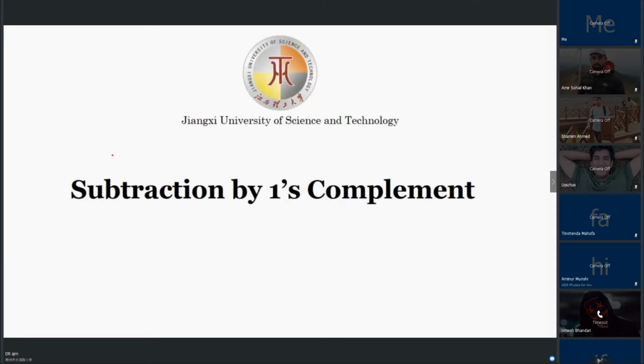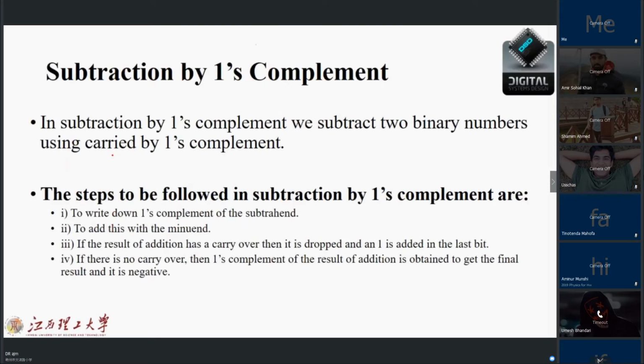Okay, that was something like a manual arithmetic job. But what is our main aim? Our main aim is not subtracting, but using the first complement or second complement that I'm going to tell you now. If I want to use the first complement, we can subtract two binary numbers using that. The step is that